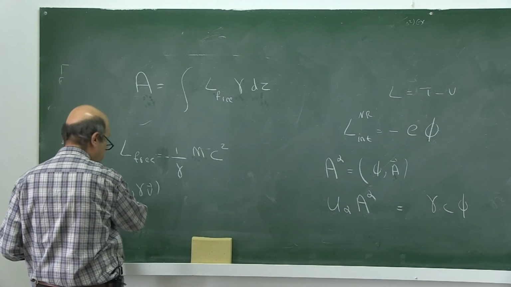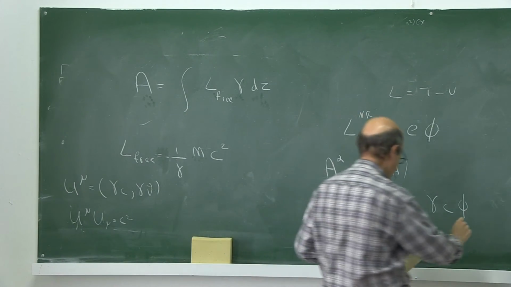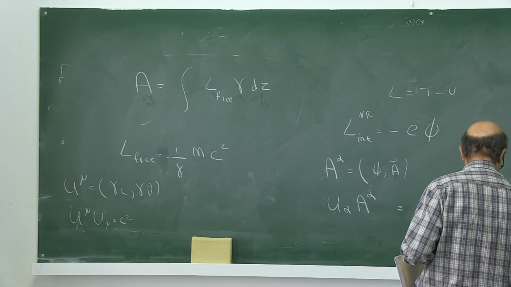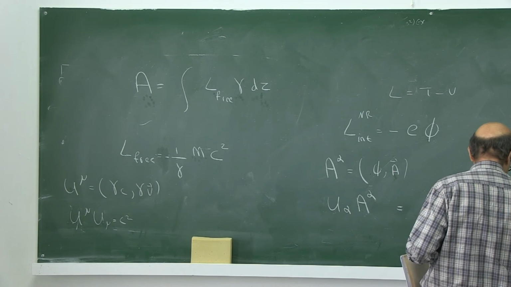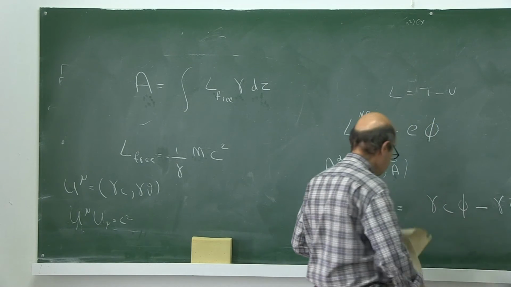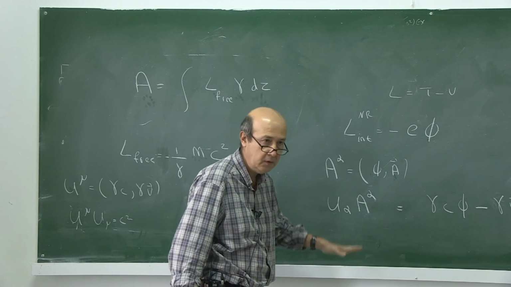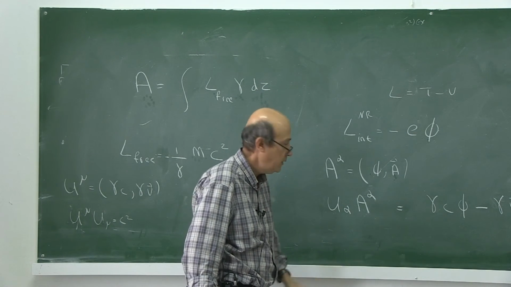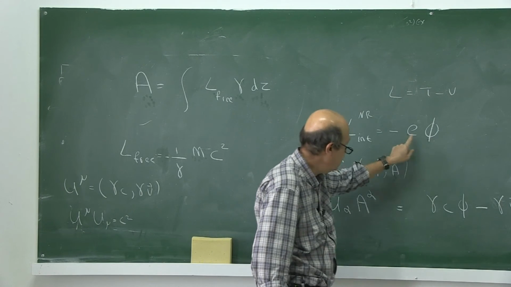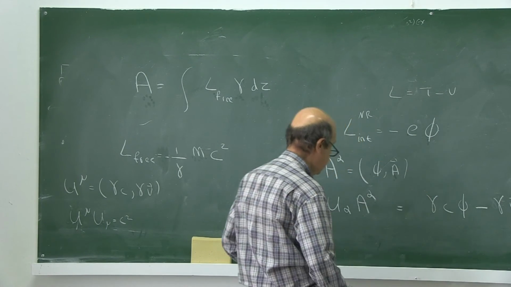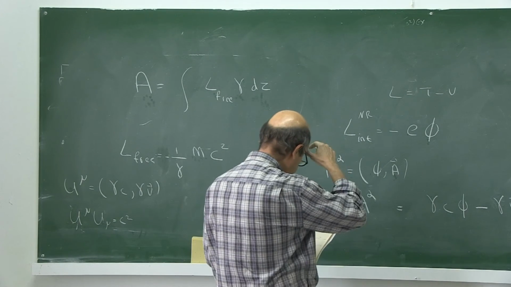Minus gamma v dot A. Is it a scalar product? Yes. Is it the same in all frames? Yes. So is it related to this one? Not yet, because this is e phi and here you have gamma c. But if you divide the things